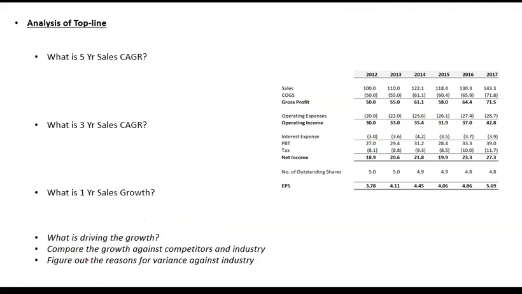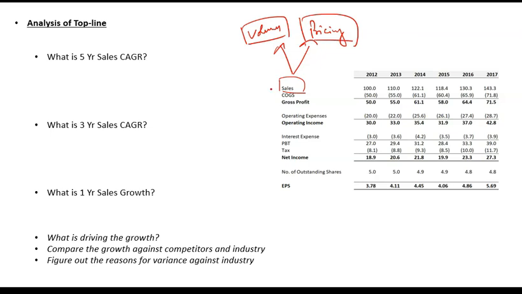Next thing that you need to know is, when you are analyzing the sales, you should know where is actually growth or change coming from. So there can be two sources of growth, or two sources of change in sales. One is volumes and other is pricing. That is, maybe overall number of units sold have increased, or maybe prices have increased, that has led to the change in revenue, because your sales or revenue is a product of pricing and volume, price into volume.